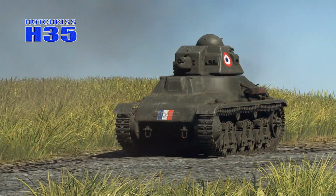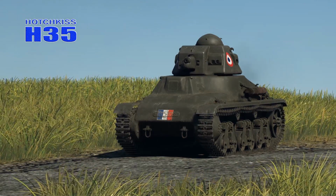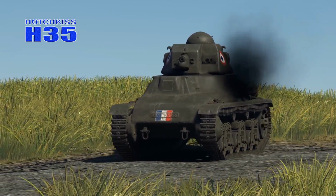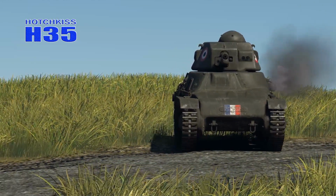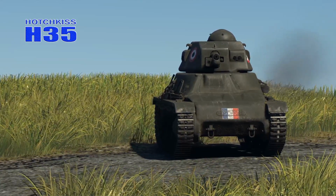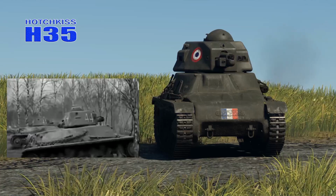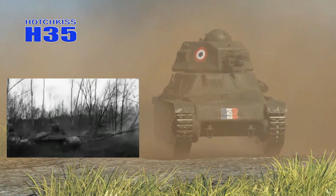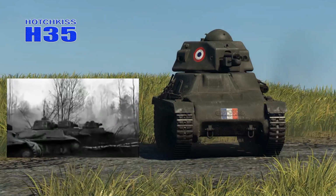And because the cavalry units would be making more use of the road network than the mounted infantry, its cross-country handling problem was less of a consequence. The weak gun problem was mitigated somewhat by enlarging the breech so that special rounds with a larger charge could be used. This increased the muzzle velocity to about 600 meters per second or 2,000 feet per second, and increased the maximum penetration to about 30 millimeters. Eventually, in 1937, the infantry decided to accept the last 100 tanks with the modified gun and equipped just 2